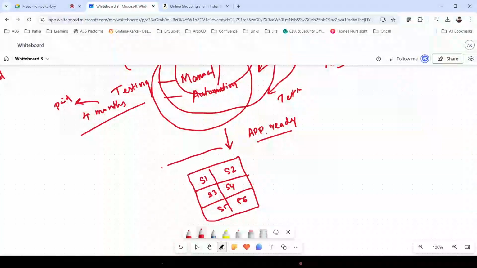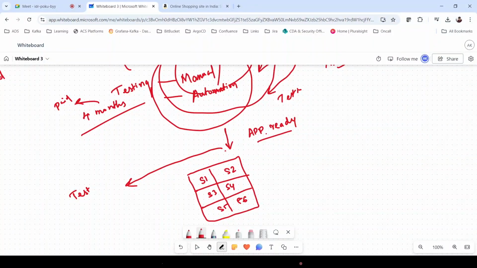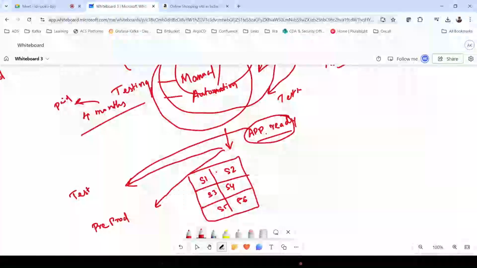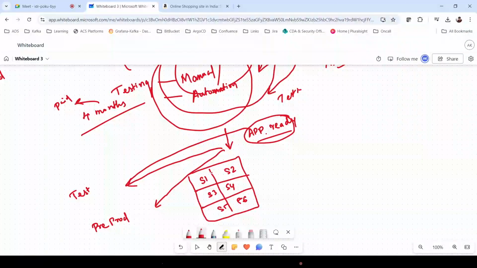They will have a few more environments, like a test environment and pre-prod. Once the code is ready, they will first push it into the test environment because they can't directly push it into production. If we push into production, there will be critical issues, and it will make a mess of everything.